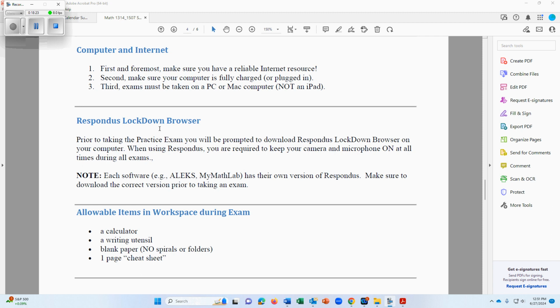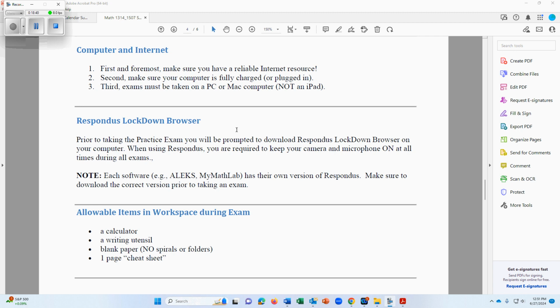Here, this just talks about the Respondus Lockdown browser, that you need to make sure you download the right one. Make sure you have everything set up properly. And like I said, we're going to have the orientation quiz, and so that will make sure that you have